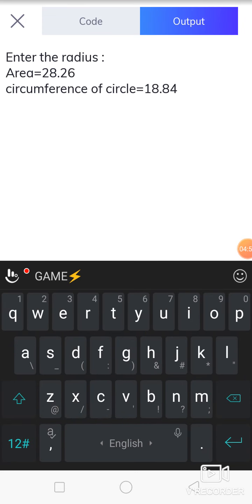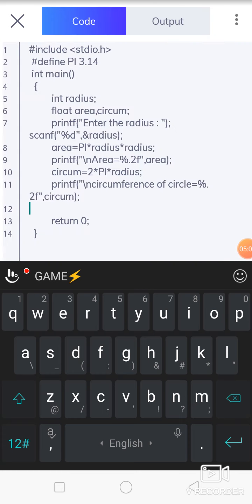Calculate it: 3 into 3, that is 3 3s are 9, 9 into 3.14, that is 28.26. That is the actual output of the given program. According to this way, we find the area of circle and circumference of the circle in this session.